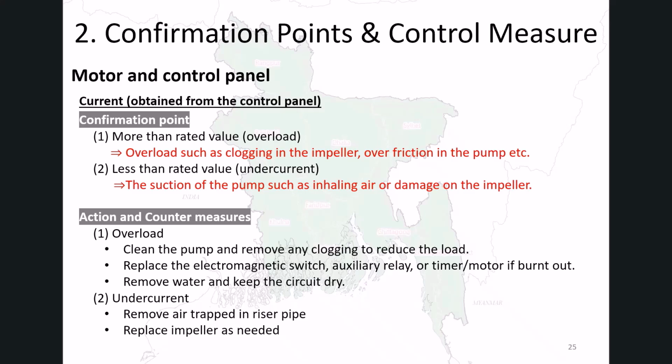Next, voltage is explained. In the case of overvoltage, it generally means more than 440 volt for three-phase systems and more than 250 volt for single-phase. If this condition continues, the pump efficiency may decrease and excessive current may flow, resulting in overcurrent. On the other hand, if the voltage is too lower than rated value, the motor draws more current to maintain the required torque, which may also cause overcurrent.